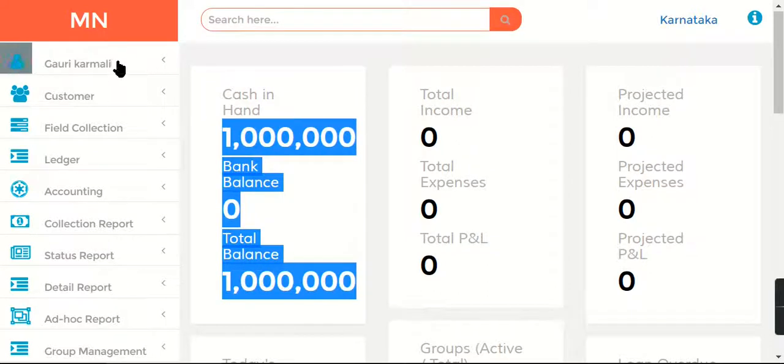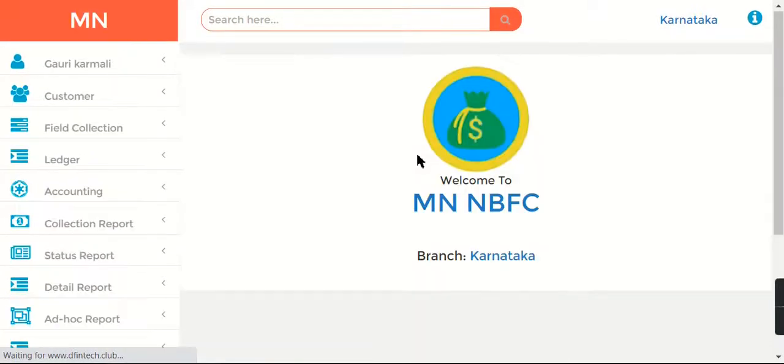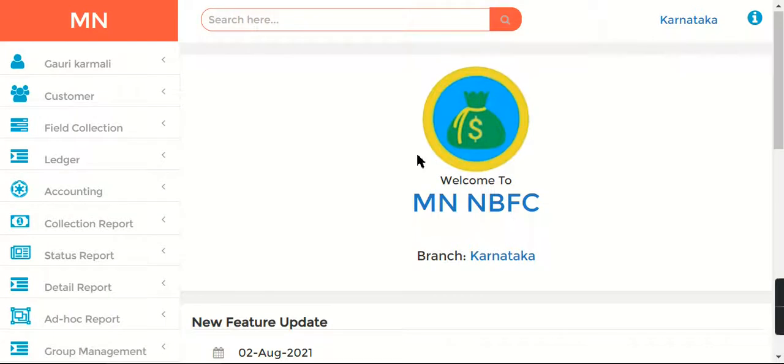So friends, this is the part 2 video of microfinance or NBFC software, that is Jainam software. In part 3, we'll be covering creation of loan and other things as well, like how it can be used for field collection, field employee login, customer login, and how this same software can be used for HR management, for paying salaries and everything. So until then friends, thank you so much for watching this video and have a nice day.